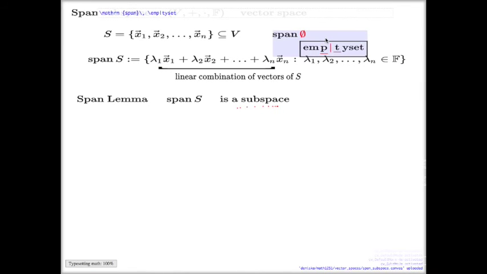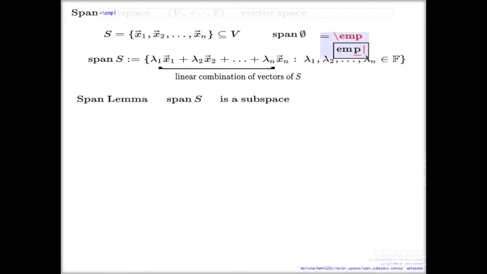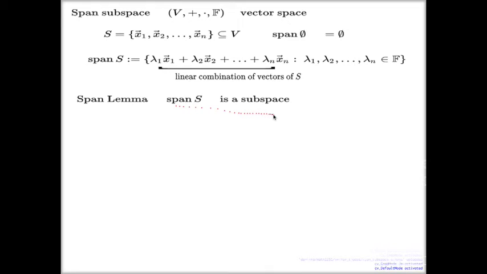If you make this convention, this is a bad convention. It doesn't go in line with this one. The empty set is not a subspace, because it fails the first criterion of the subspace theorem, isn't it? The zero vector doesn't belong in the empty set, so that's not a subspace. It's a bad convention. A better convention will be